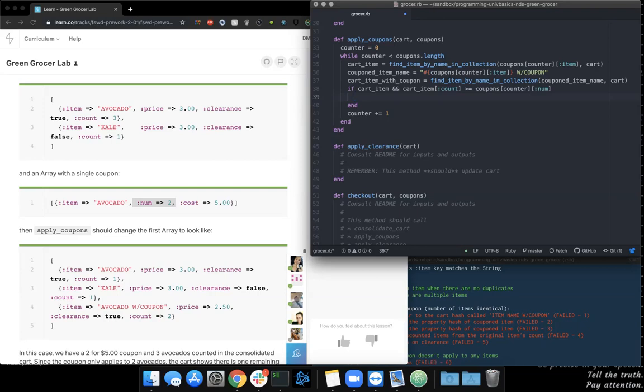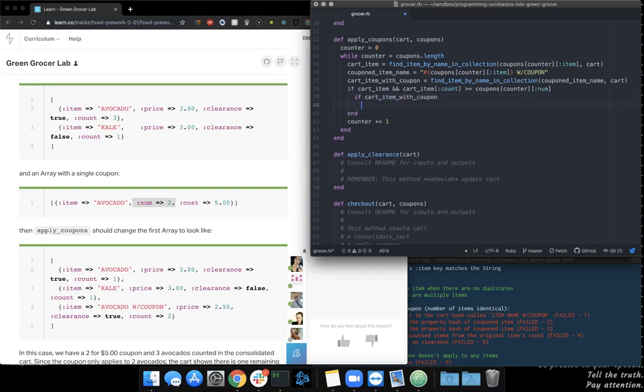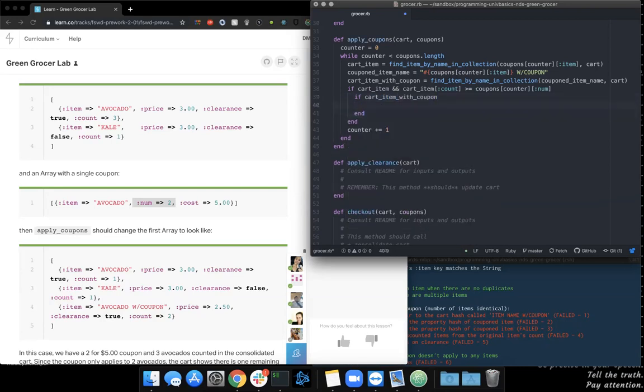If not, then we want to add that cart item with coupon to the cart. Okay. So we'll start with another if statement, and we'll start by checking if the cart item with coupon exists. Okay, and I'm going to add my end just so we don't forget. And if that cart item with coupon exists, then we want to take that cart item with coupon